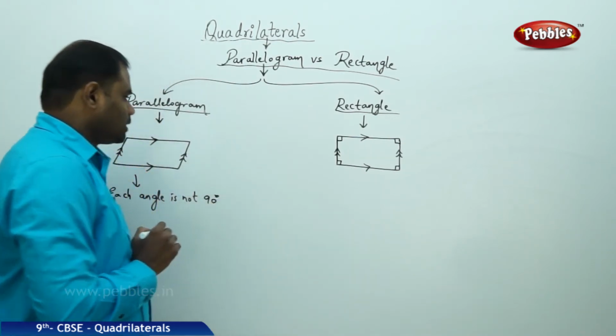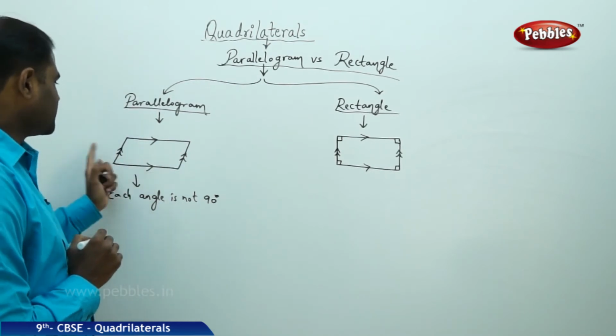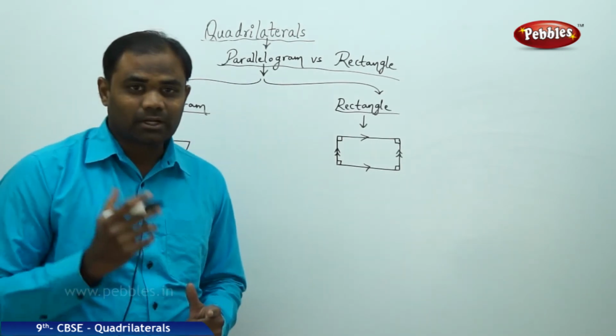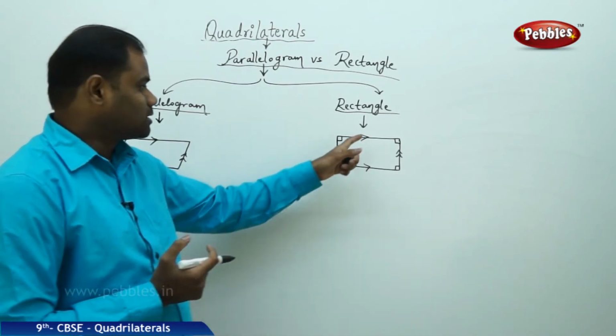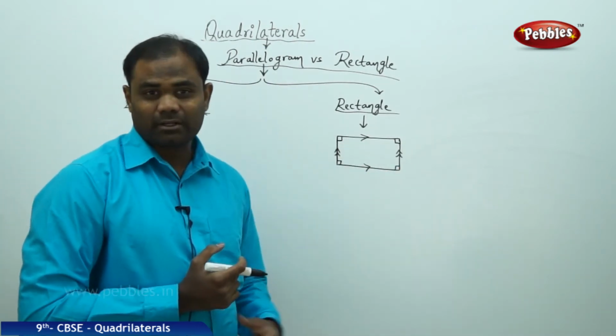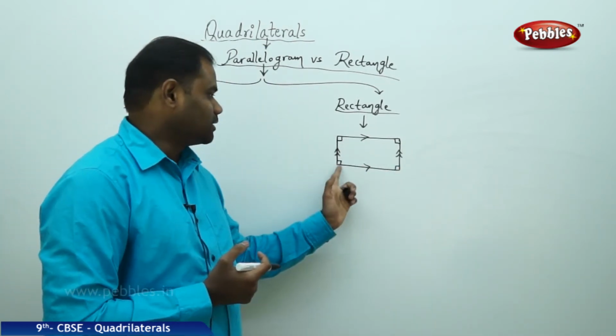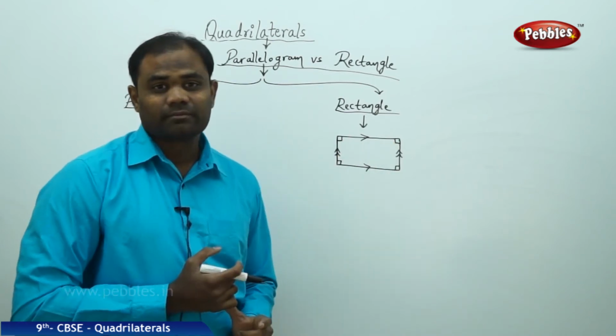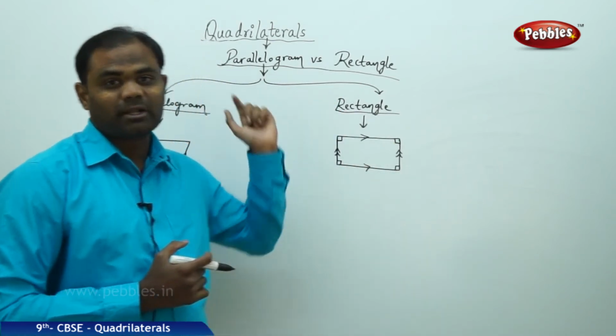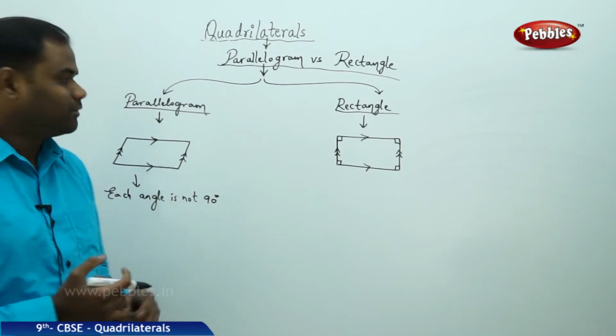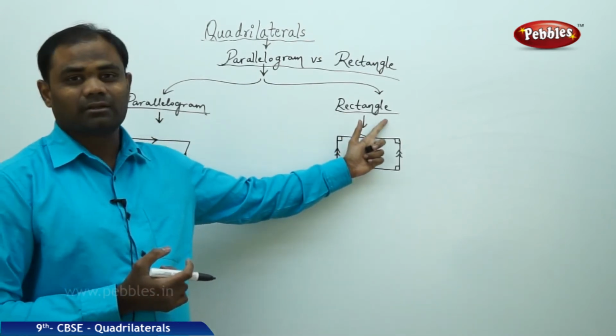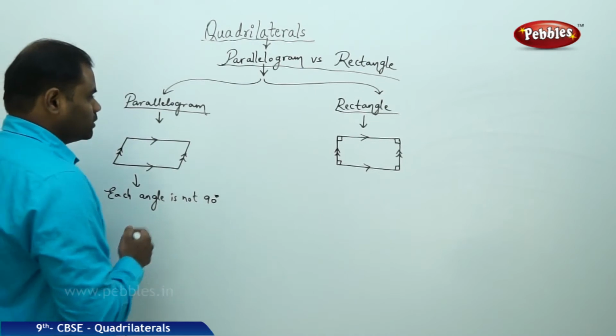Therefore, opposite sides being parallel is the only condition for a parallelogram, and since in a rectangle opposite sides are parallel, irrespective of the condition that each angle is 90, every rectangle is a parallelogram. But every parallelogram is not a rectangle because it fails with